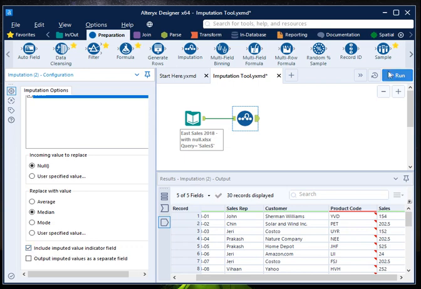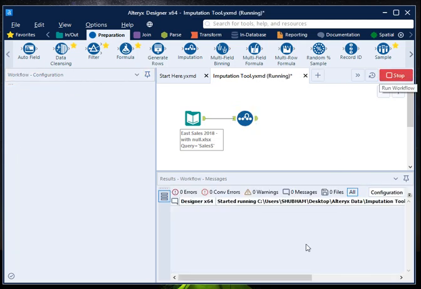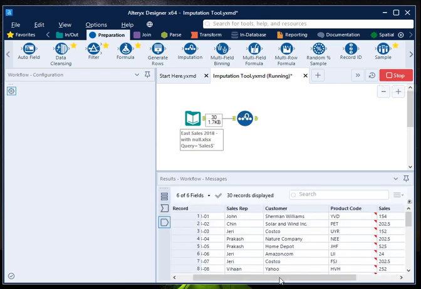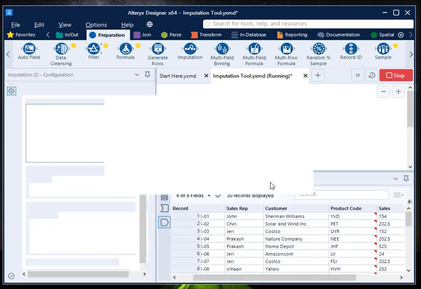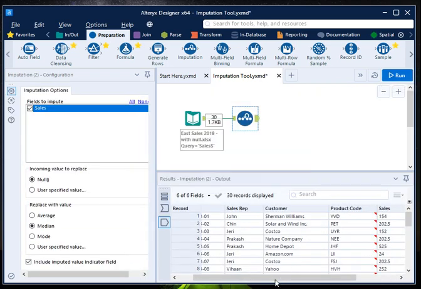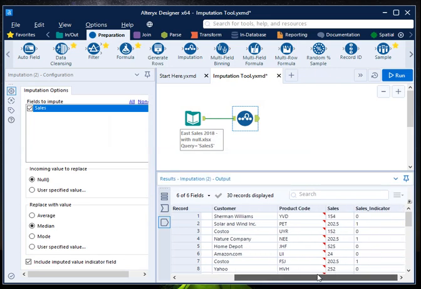Once you hit run, it will create another column, a sales imputation flag 0/1, where 1 means that null values were present in that particular field, for example the second row, fourth row and seventh row and so on,